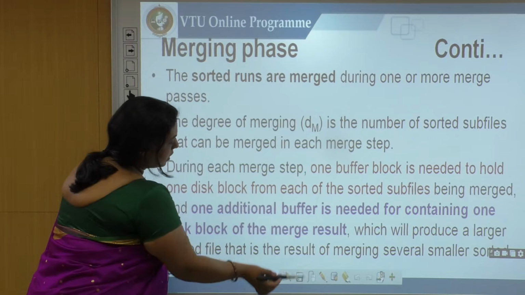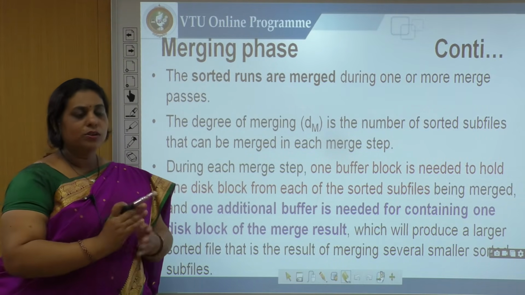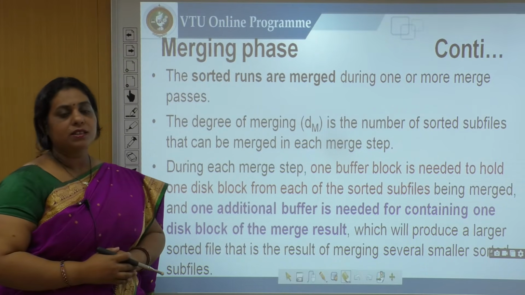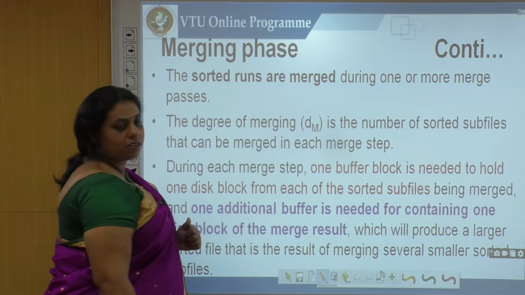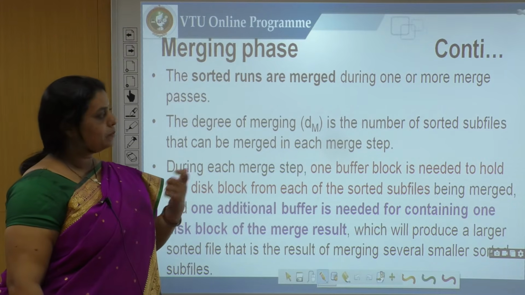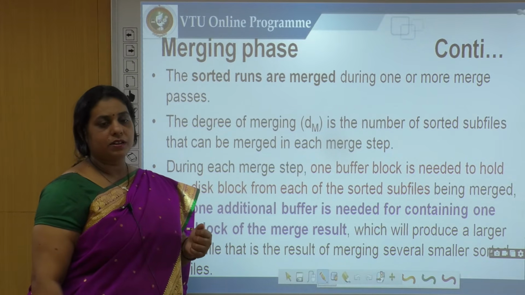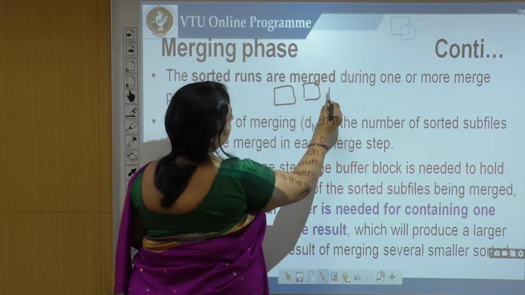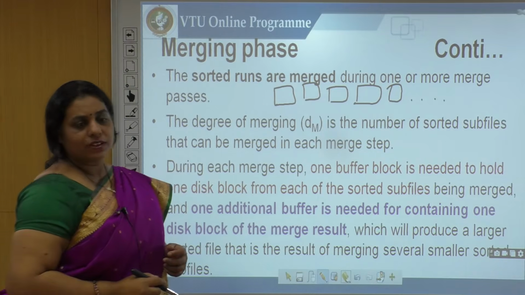Next, what is required now? I have sorted small files. I need to merge them now, so that in the end I can sort the bigger 1024-sized file. What is required for me to merge? Again it depends upon how much buffer space is available in the main memory, because I have around 205 subfiles, which are sorted individually.